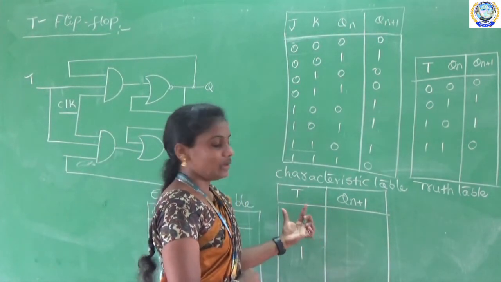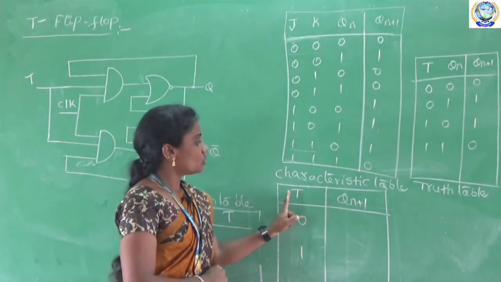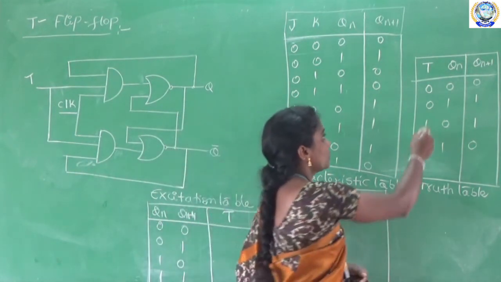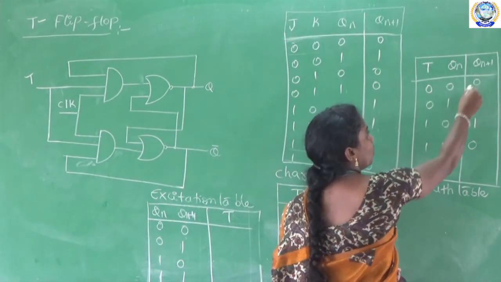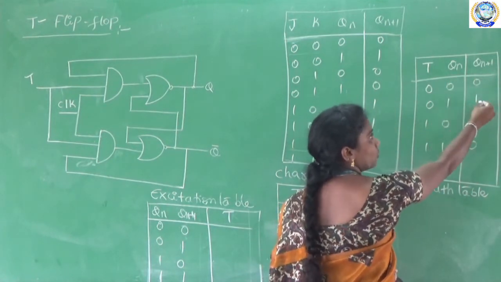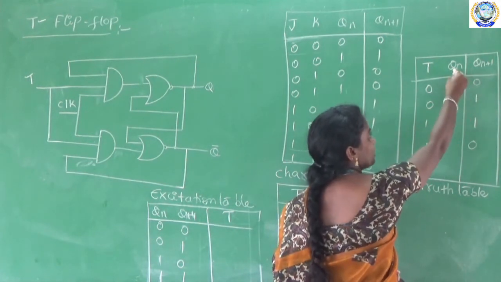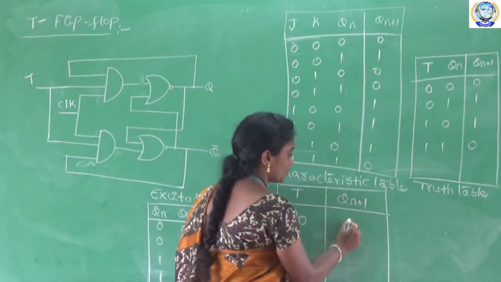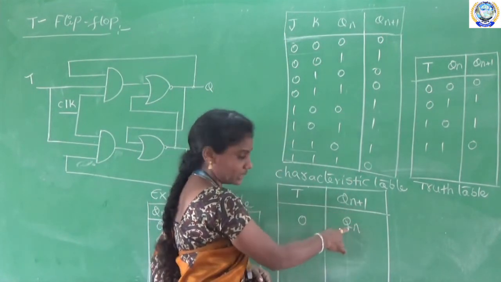So basically from this diagram, it is having only one input, that is T. So when T equal to 0, what is the next state, Qn plus 1? If we observe here, T equal to 0 in both conditions. What is Qn plus 1? Whatever the present state Qn may be, that will be available at the next state. Qn plus 1 is 0 when Qn equal to 0. Next, Qn equal to 1, Qn plus 1 equal to 1, that is same as Qn. So now when T equal to 0, the next state Qn plus 1 is Qn.